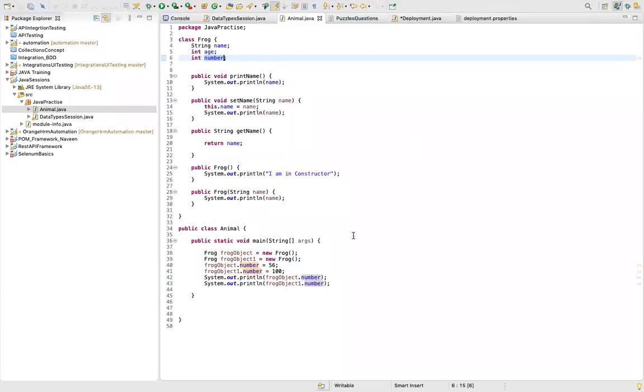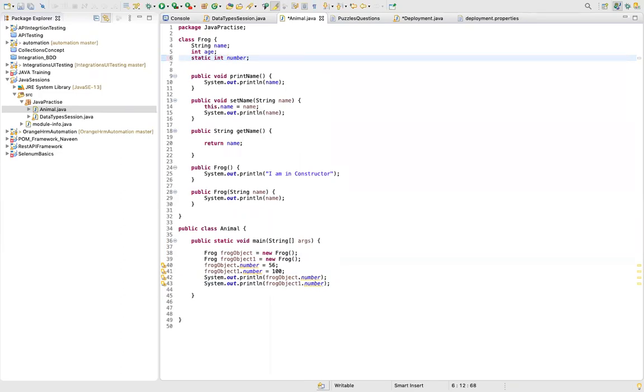Yes, okay. So we have seen what an instance variable is. Now the problem with this, I mean, no problem as such, people use instance variables as well. But the other type of variable we can have is a class variable. Let's assume I say static integer number. How do you define a class variable or a static variable?